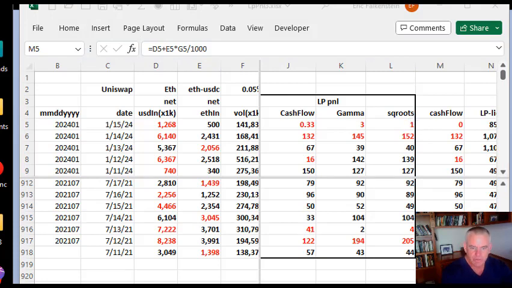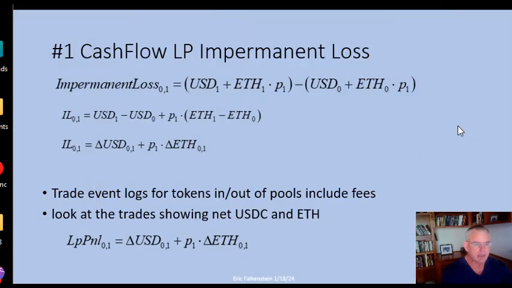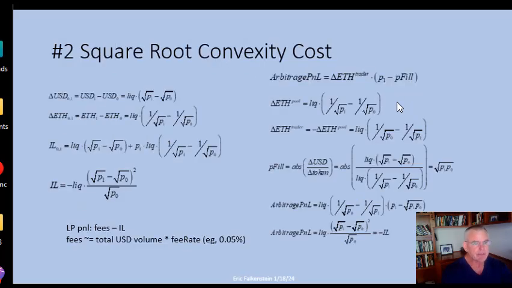So fine. And so that's how you do the cash flow P&L. And if you calculate that, you can calculate it every day. You can do it every hour, week, month, whatever you want. So that's P&L calculation number one, and pretty straightforward. Now the second one is a little more complicated,